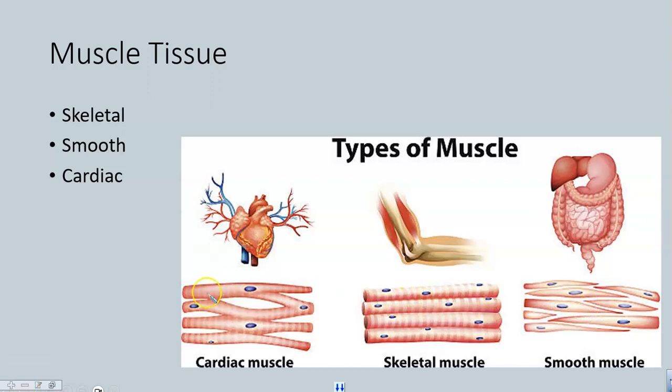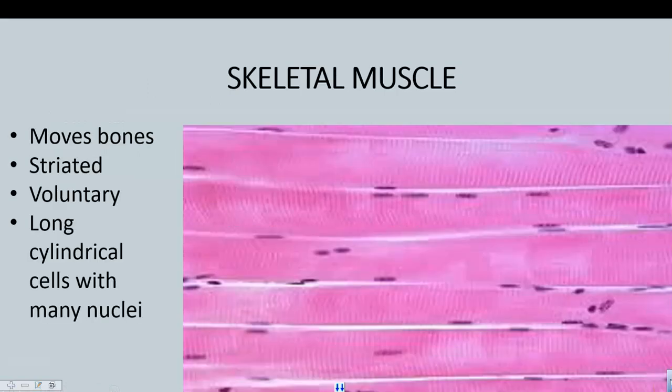These are more branched off, and look a little scattered among one another. These are long, skinny ones. And then these have what we call tapered ends. That's what we're going to be looking at for each one of those. So let's begin with the skeletal muscle. For skeletal muscle, it has to be attached to a bone because it's going to